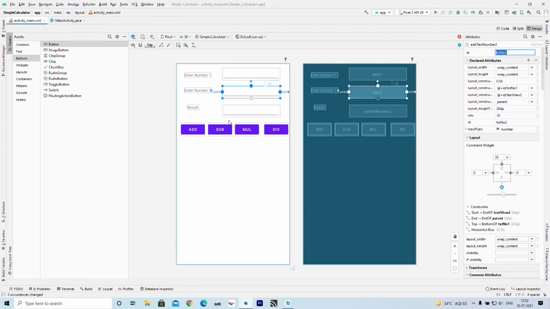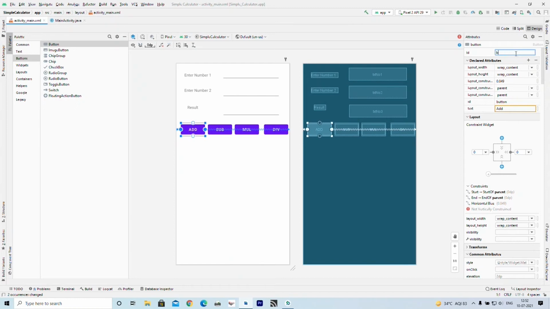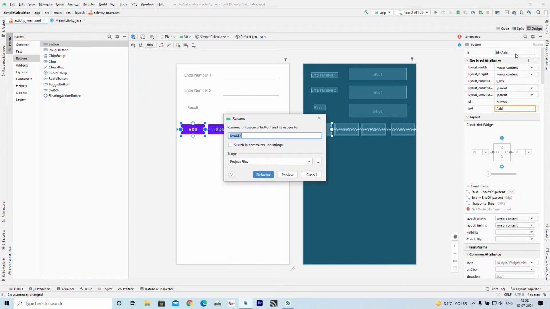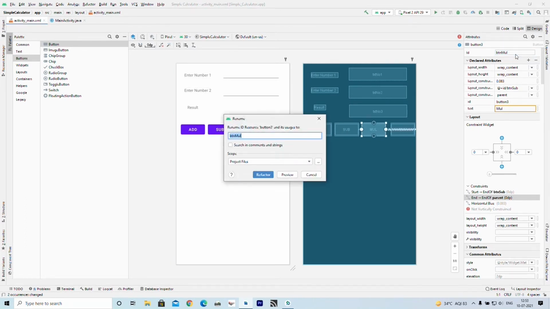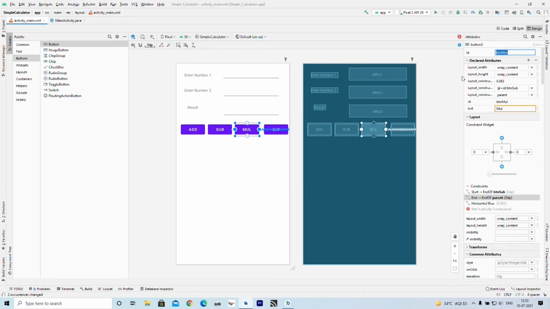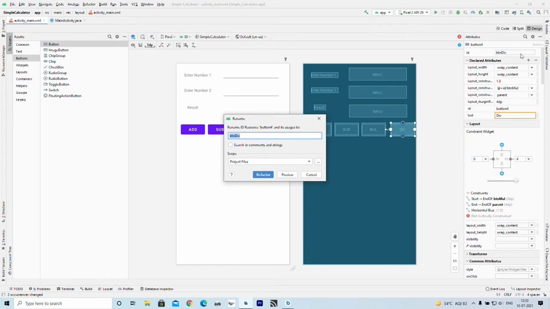I am selecting the third edit text and changing its name to txt no3. I want to rename this button to btn add, then btn subtract, then btn mul or multiplication, and btn div or division.